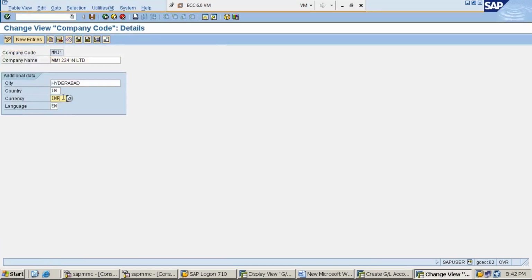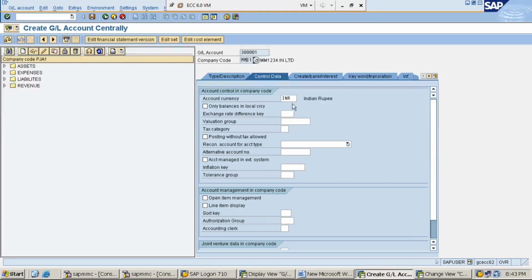Here we have maintained INR. As we have maintained INR as the currency under the company code MMI1, the system has picked up INR as the currency. Am I clear?